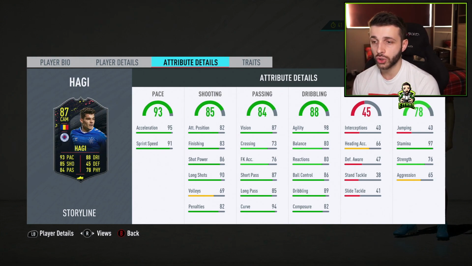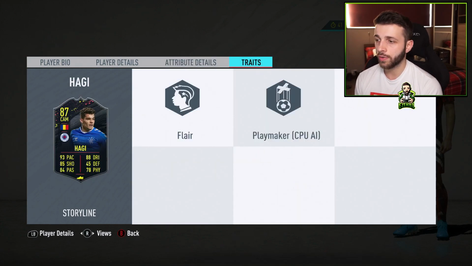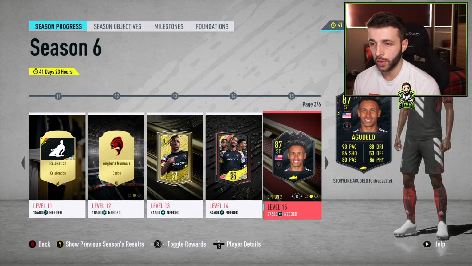Passing stats are great for his short passing and vision. His dribbling's good, great agility, good balance. Well, it's okay and good dribbling. So I like the card. And also traits, it's got the flair trait as well. Let's go across to the next one, which is